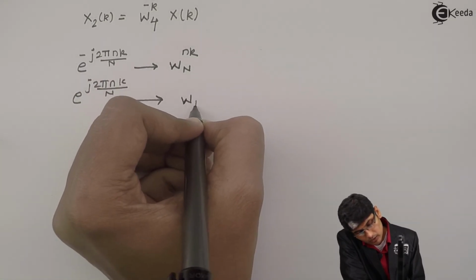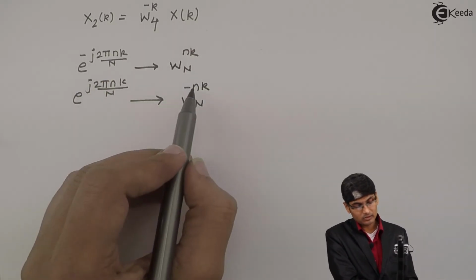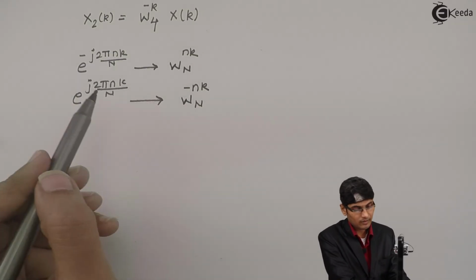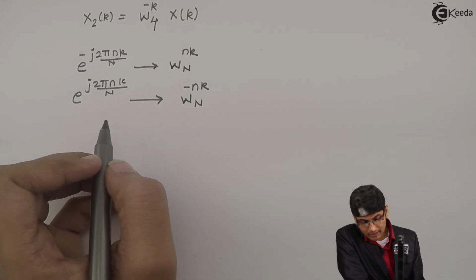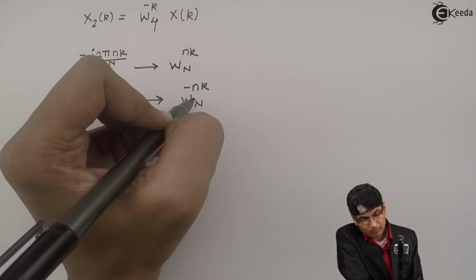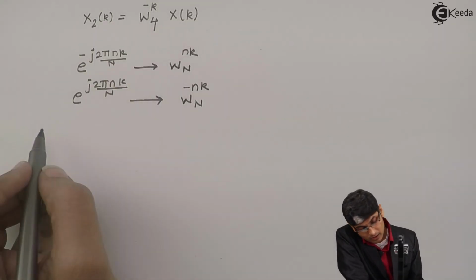It will be W_N raised to minus nk. Correct. So e plus, here it will be minus. Here it is minus, so here it will be plus in that fashion. So now in the given problem, I have e to be plus, so I will put a minus sign. Instead of n, I have L. Okay. Now